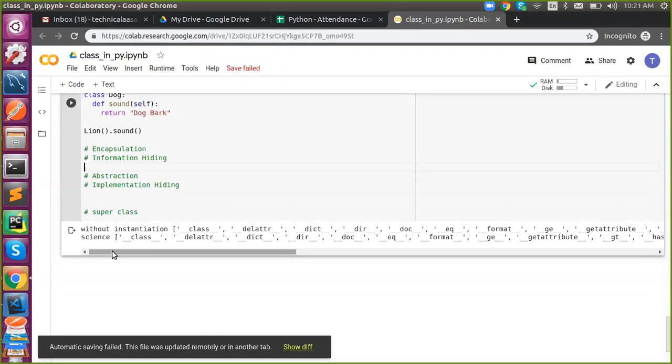So what is a capsule? Packing. Yeah. So what is a capsule?